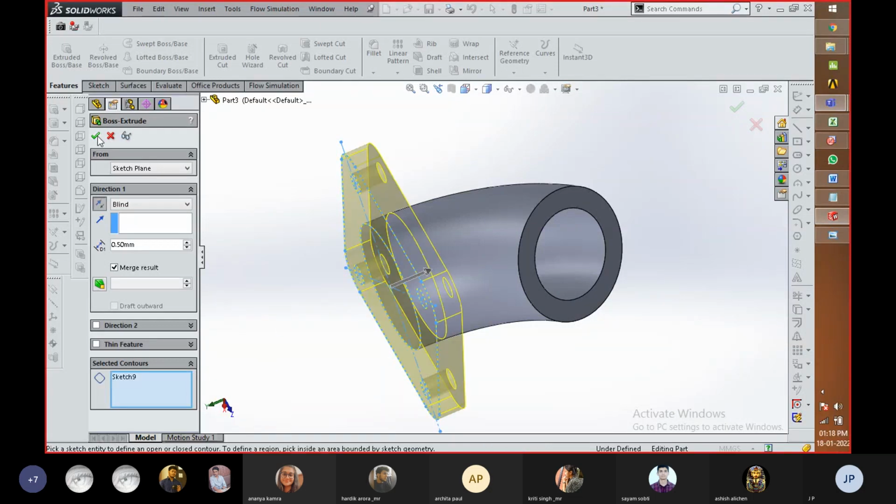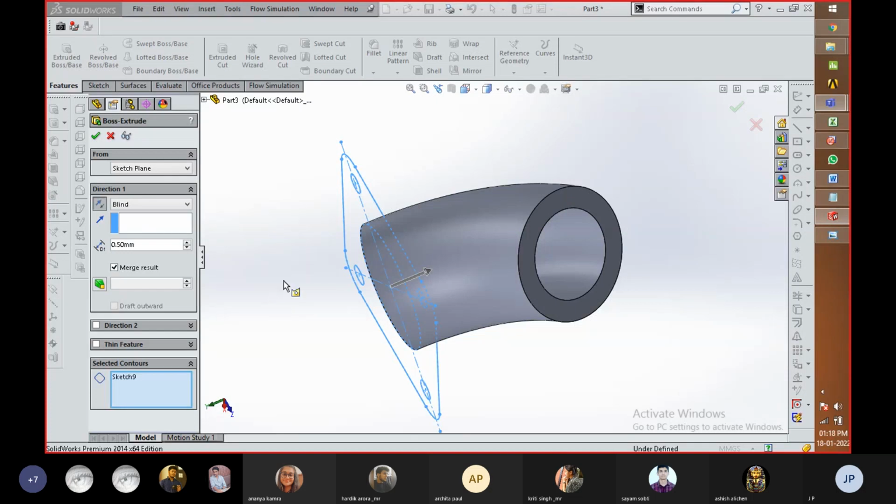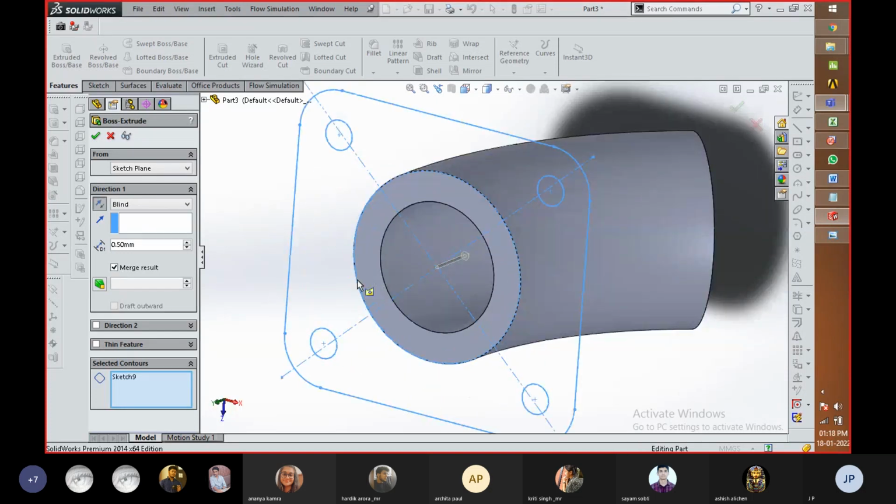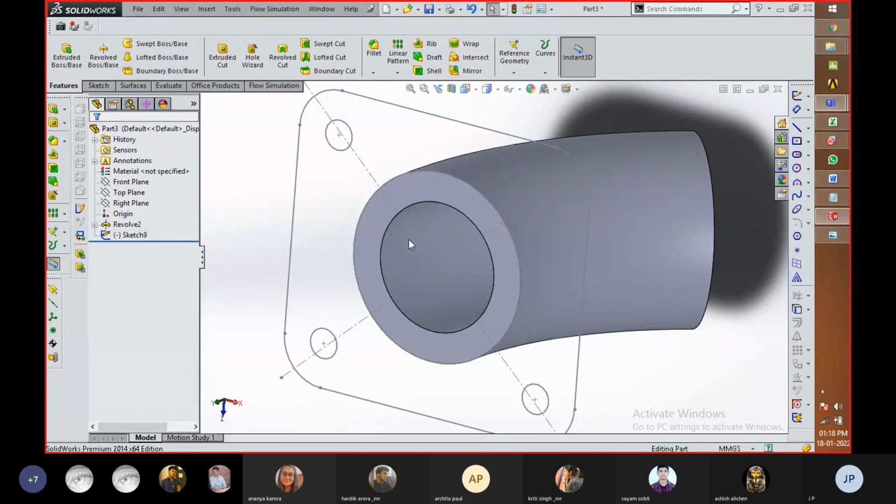Actually, we need to select the contour and press OK. There's some issue. Actually, there are 2 circles which are placed in that. I'm going to check.